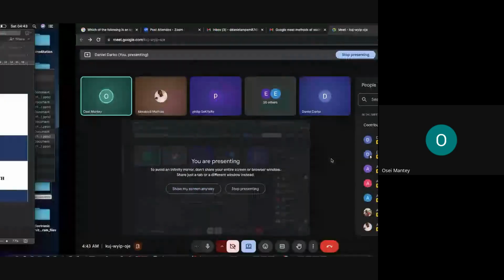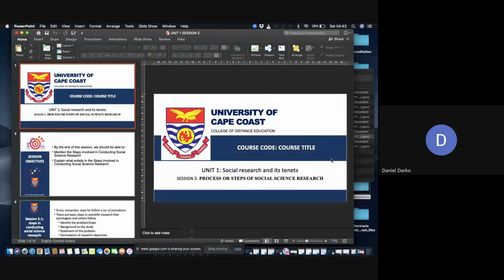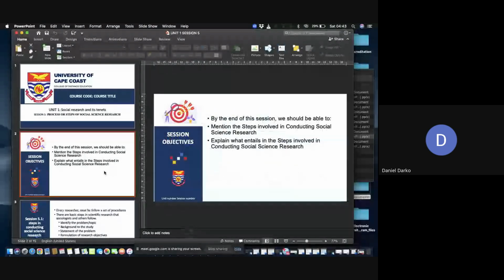All right. So let's look at the processes or steps in social science research. What are the processes? What are the steps in social science research? So at the end of this session,